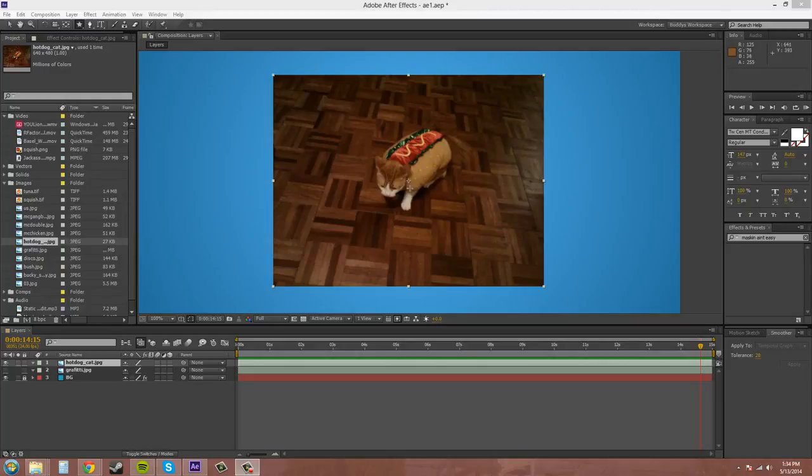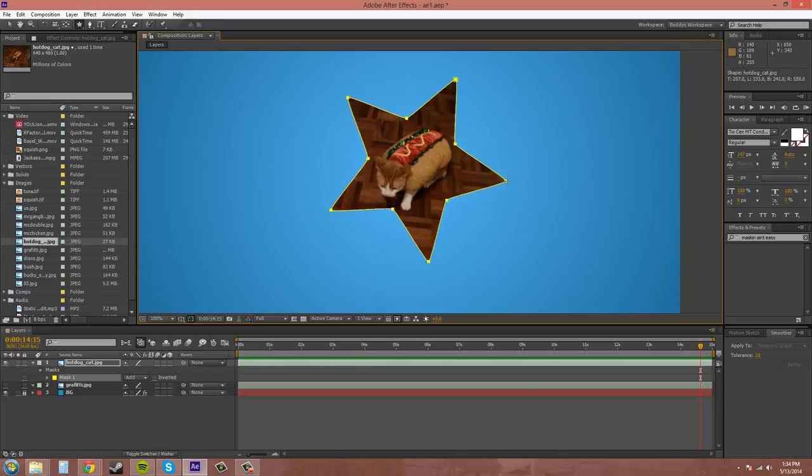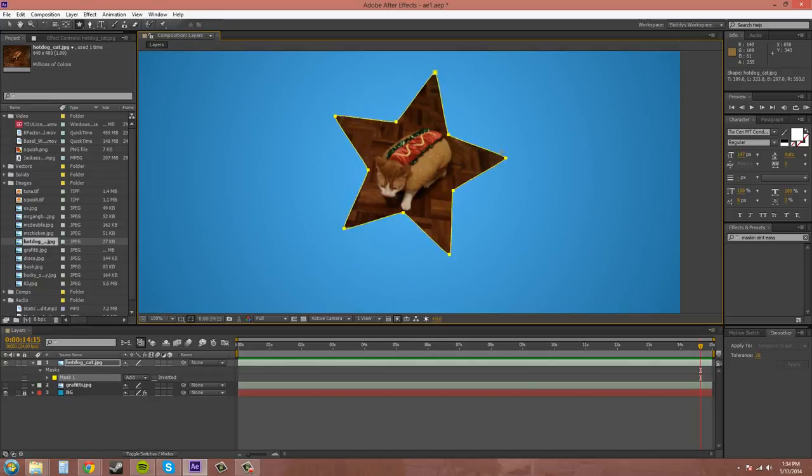So I pulled out the picture of my cat here, and he's wearing a hot dog costume. So what we're going to do is I'm going to take the star tool and I'm just going to draw a quick mask around him because he is the star. So let's go about here,